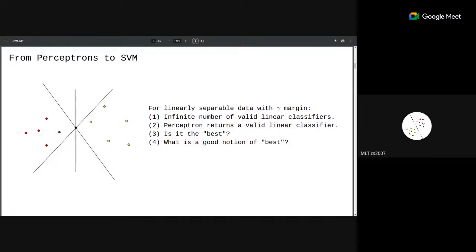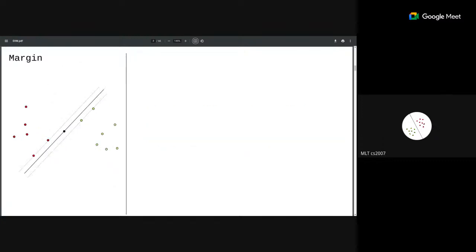That which gives you zero misclassification on, say, your training data set. This is one notion of a good classifier, right? But as we have just seen, that is not sufficient. Why? Because, okay, that's a good working hypothesis, but the question is, can we come up with a better definition of best? That is what we are going to look at, and that will take us to the idea of the